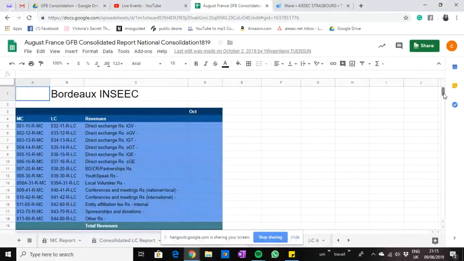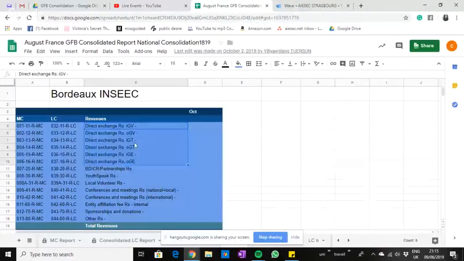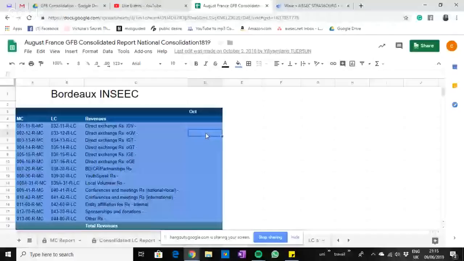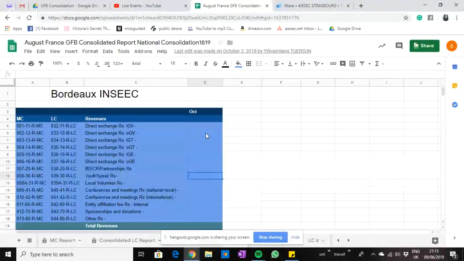So why is it different? Because instead of putting one transaction after another, here we put them in groups. First we have our products. So for example, if you had 6 OGB in 1 month, you come here, you sum that amount up and you put it here. And then we have different categories as well. We have partnerships, different conferences, entity affiliation fee,